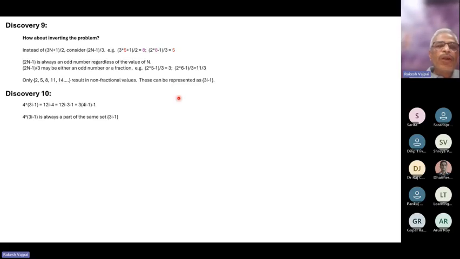The second thing alongside this was that every fourth member of this particular series is actually a part of the same series. For example, 2 into 4 is 8, and 8 will be a part of this. 5 into 4 is 20, and 20 is also part of the same set. 8 into 4 is 32, also a part of the same set. And this was also a very helpful discovery, because of which